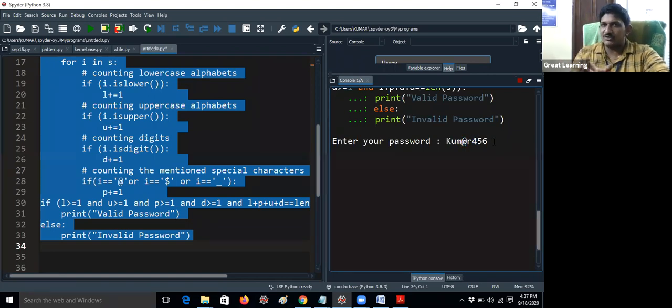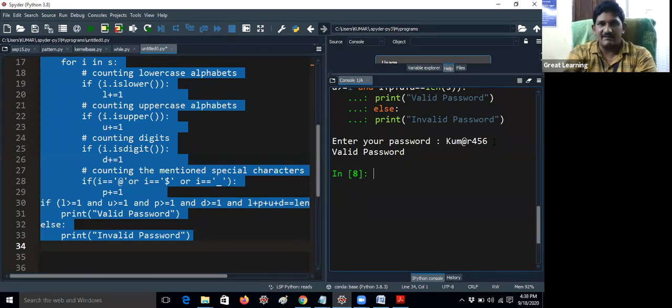This is very impossible to trace. Even hackers have a lot of tools to track passwords. Even today, our PM's Twitter account got hacked. That means he may have given a password very easily, I think. So that's the reason. Here I'm giving KVM@R456, a valid password, and I'm getting a valid password. How am I getting this? I will explain. This is a real-time example actually.